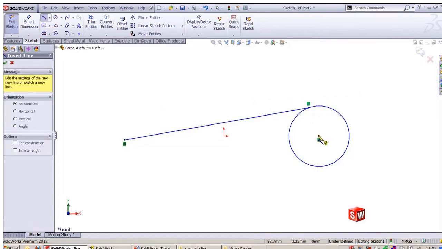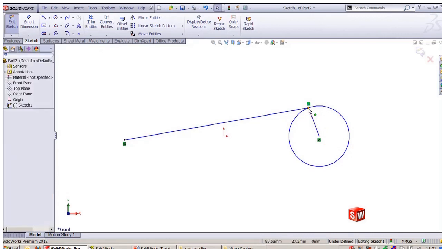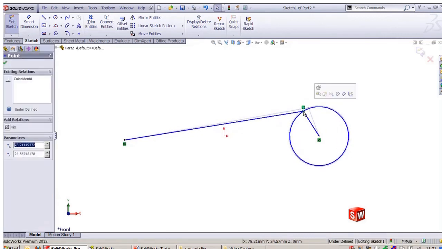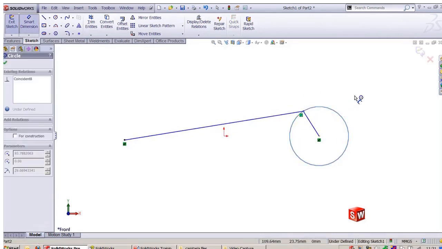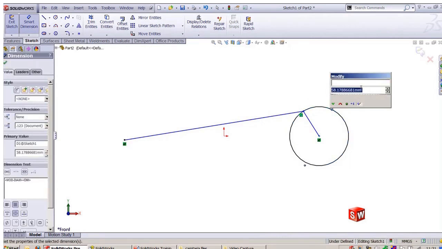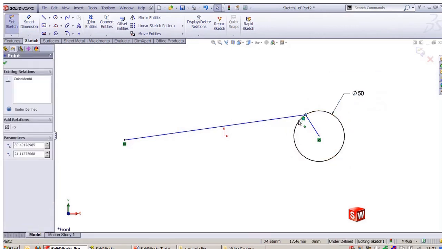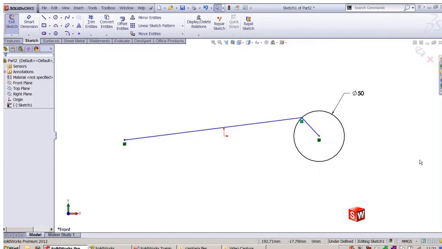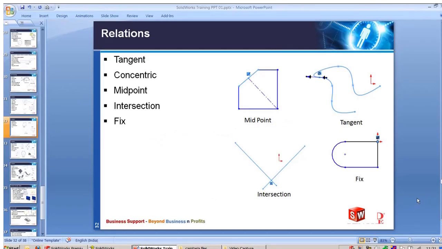Now I will make one more line segment here, and you can see the circle diameter change. I can say this has to be 50 mm diameter, and now I'll drag this. Now you can see here how this fixed constraint works. This is how you can use different relations in SolidWorks. Now this ends with this slide. The next slide,